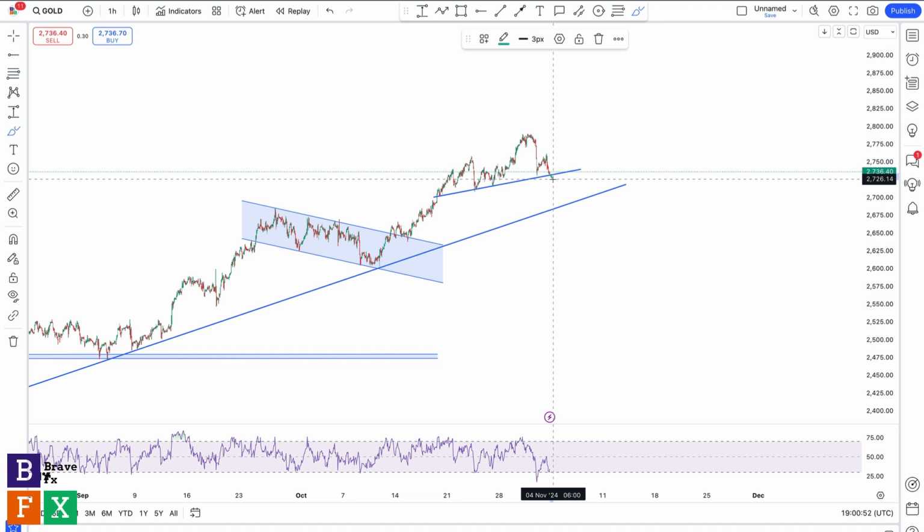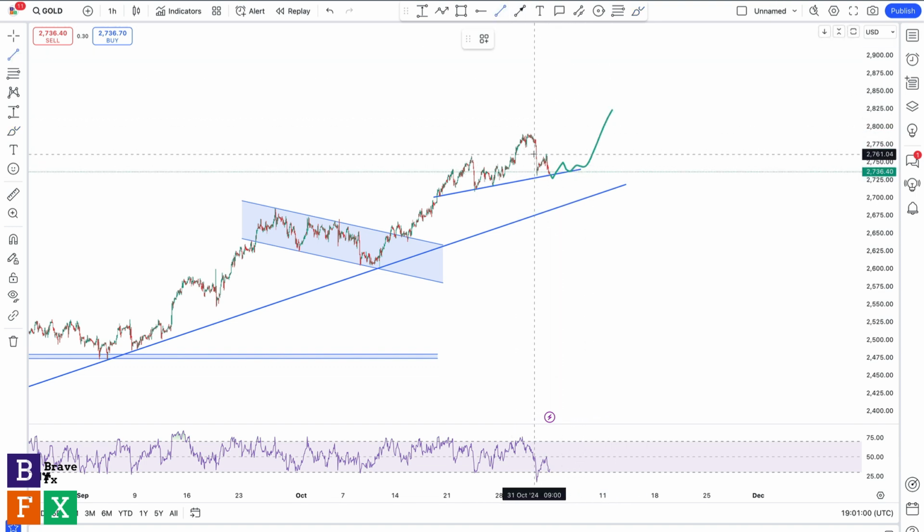So for me to go long, I'm going to wait for a good consolidation over here, right? Followed by a good breakout. So this consolidation will give us a structure that looks like this. Okay, so it's going to look like this. So if this happens and gives us a bullish breakout, then I'm going to go long,